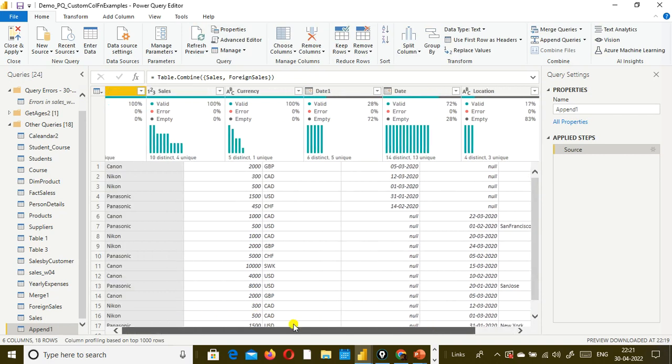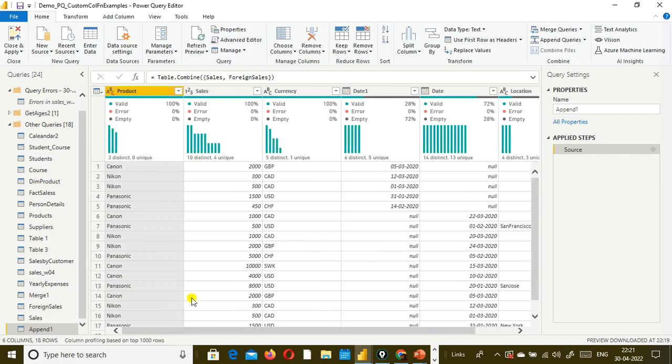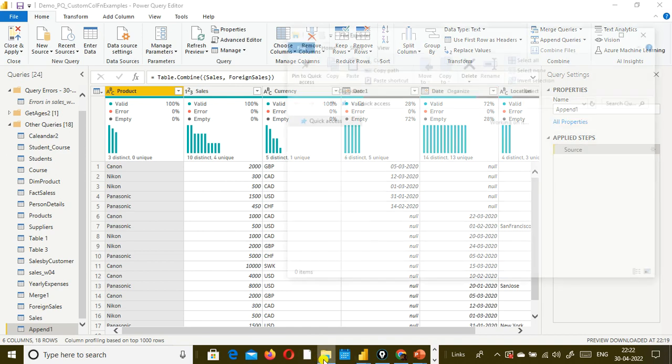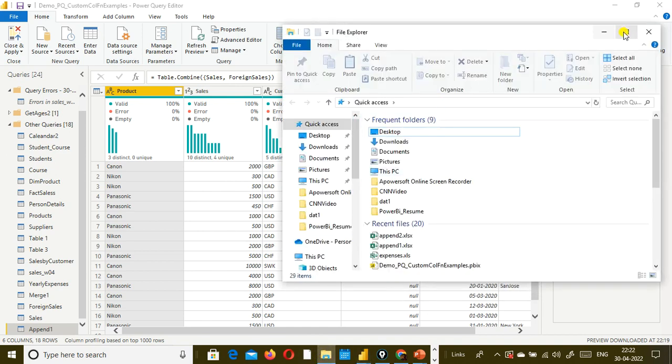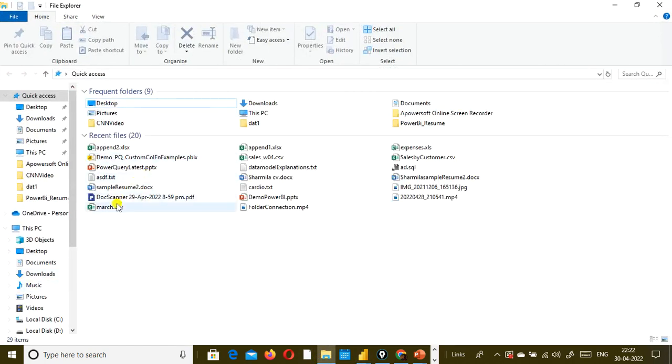But what happened here is, in the case of append, in one table we have a column by the name of date. In another sheet we have the column by the name of date 1. Sorry, it should be date in one file. I just go here to the operating system, and then I'll show you. I intentionally did this. In real time, you're not supposed to make these kind of mistakes, because each file will